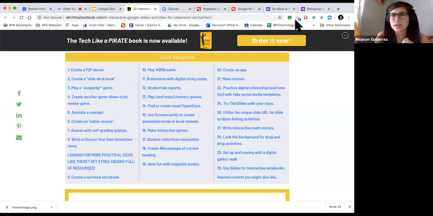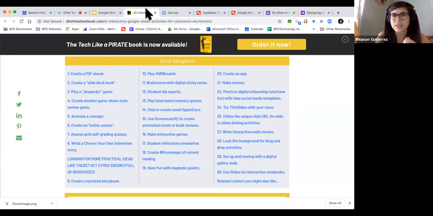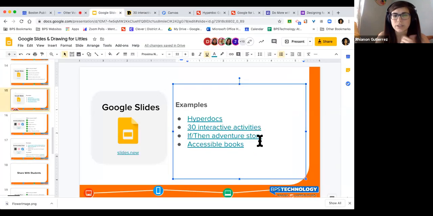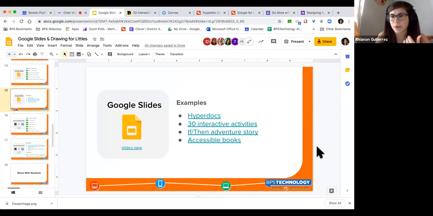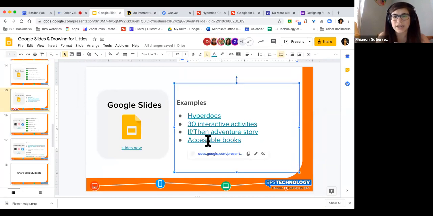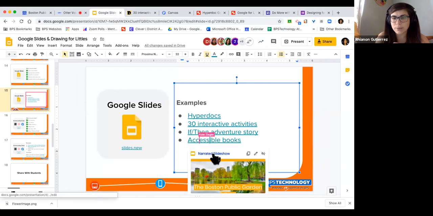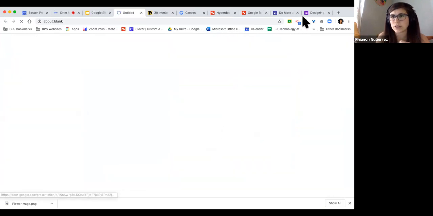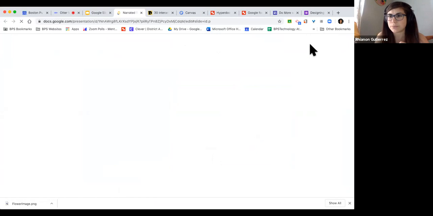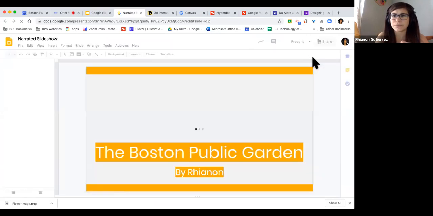All right, so let's take a look at a sample activity. This actually received positive feedback last time I demoed it, so I'll demo this in real time right now. We have a link here for creating an accessible book. I'm going to go ahead and open that. Kate's also sharing that with you in the chat as well. Okay, it's taking a moment to load. So as I mentioned,